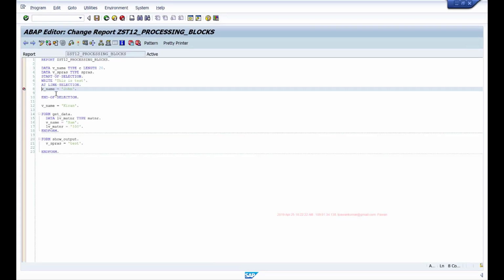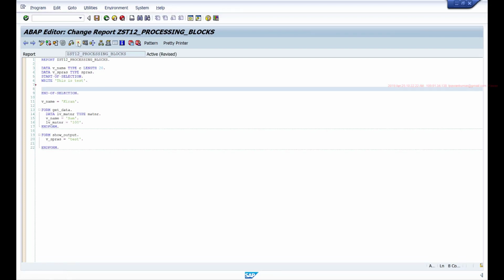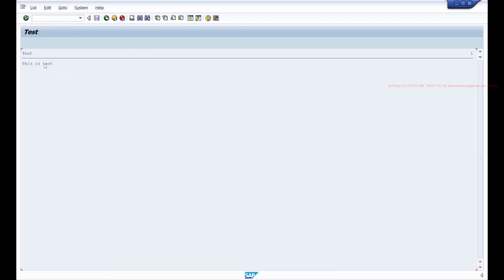Whenever you use these events, it's not mandatory that whatever code you write within the event will always be executed when your ABAP program is running. It will be executed only when that event takes place while the program is running. If that event doesn't take place, then that code is ignored totally. And if I don't maintain at line-selection and execute my program, if I double click now, the runtime environment will call this at line-selection event, but since I did not maintain it in my program, it will be ignored. It won't give any error. It basically won't do anything.